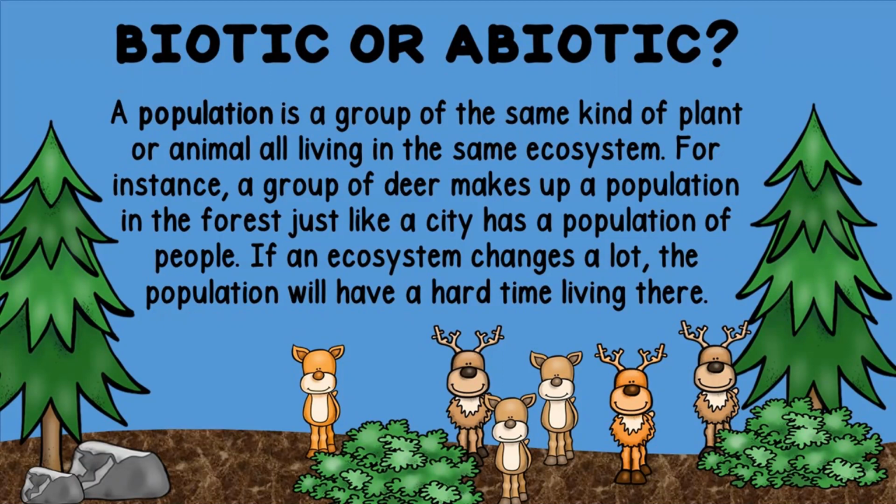So think about that forest that we're building our cottage in. If we start hunting animals and we start hunting deer, the population of deer is going to decrease. If the population of deer decreases, the vegetation and things that they eat is going to increase, right? Because there's not going to be a lot of deer eating the grass. So the grass might grow higher and longer.